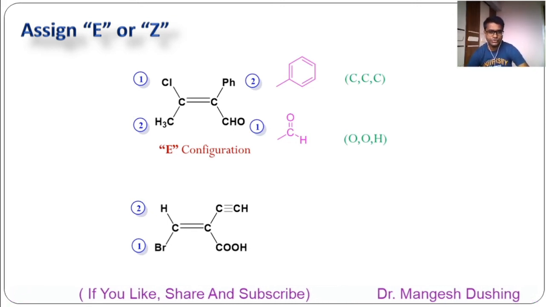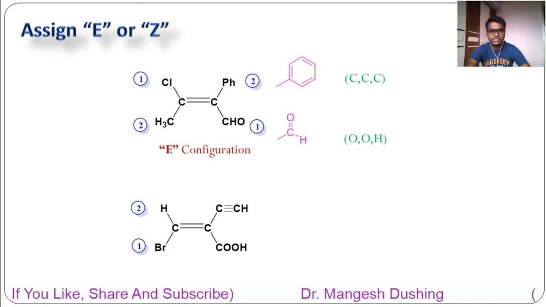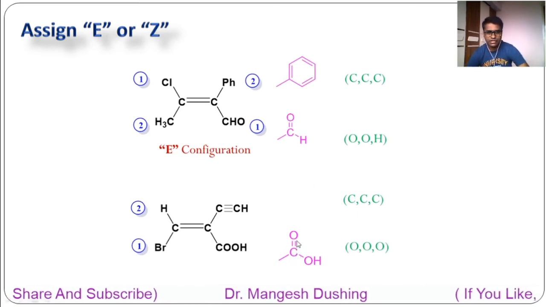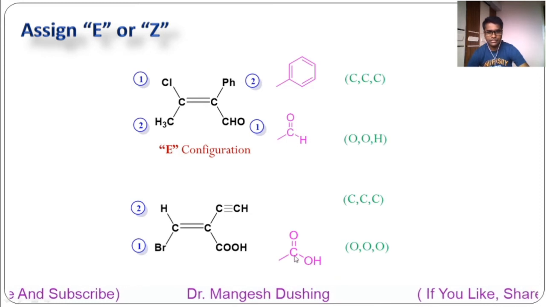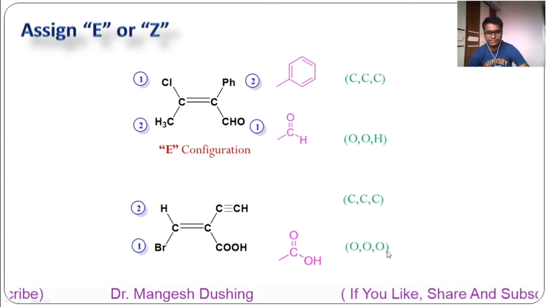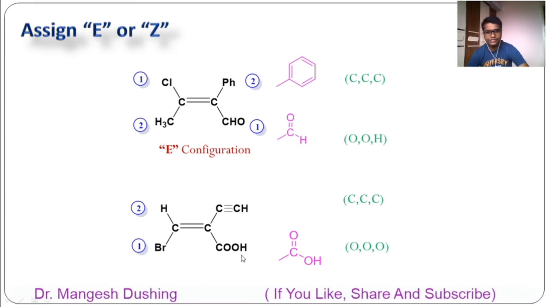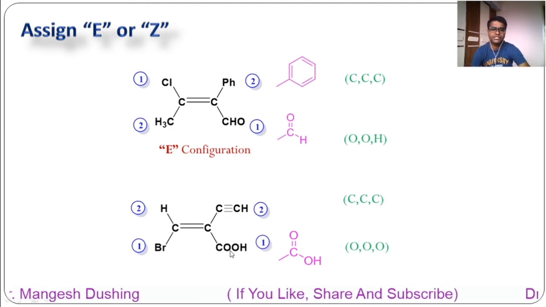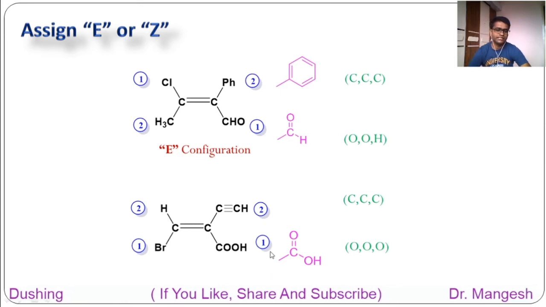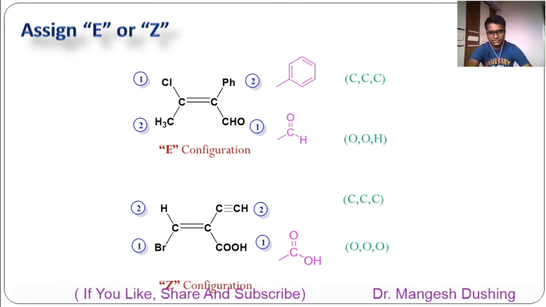While in this case COOH, carboxylic acid functional group. So you should know the structure of carboxylic acid. This is the functional group, looks like carbon, oxygen double bond, while carbon, oxygen single bond. So next 3 atoms are oxygen, oxygen and oxygen. So first atoms are carbon and oxygen. So higher atomic number is oxygen, 8. So this will get the first priority. Likewise, similar groups are on the same side of the double bond, so this isomer must be Z isomer.